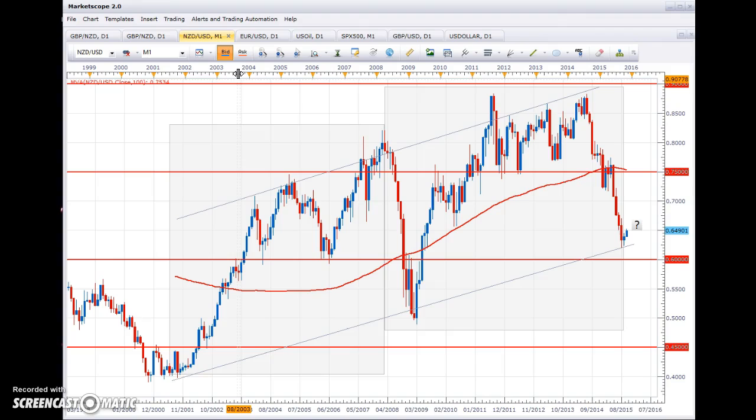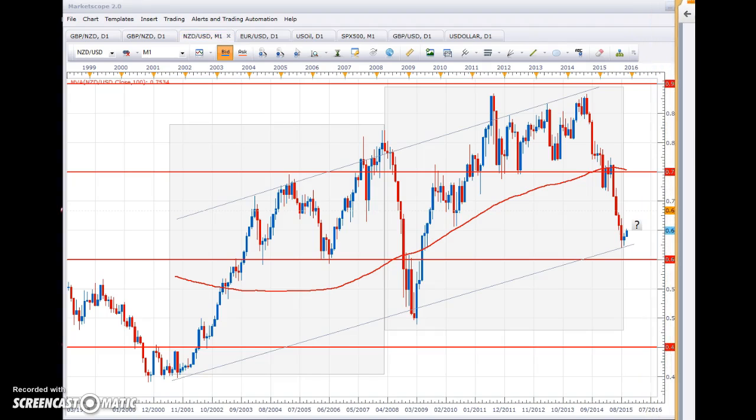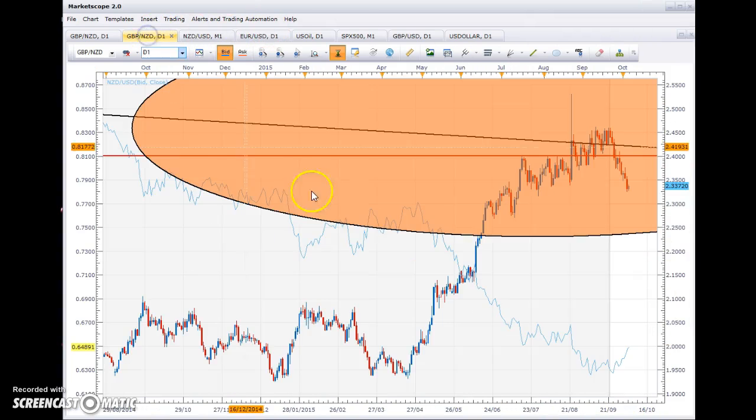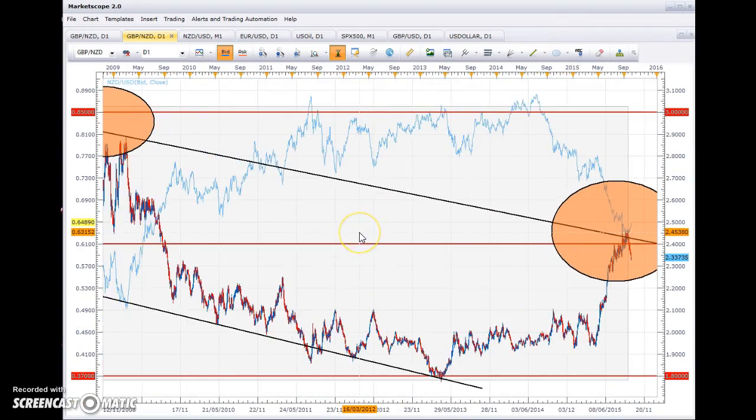So the 8th of this month, the Bank of England's rate decision, and then later this month, the 22nd, yes, that's right, the 22nd is the ECB rate decision, 22nd of October, and on the 28th we have the US Federal Reserve and the Reserve Bank of New Zealand rate decision. So something like the pound Kiwi might be something of interest if you were to look at the Kiwi rate